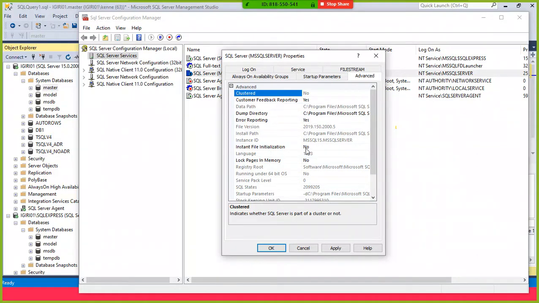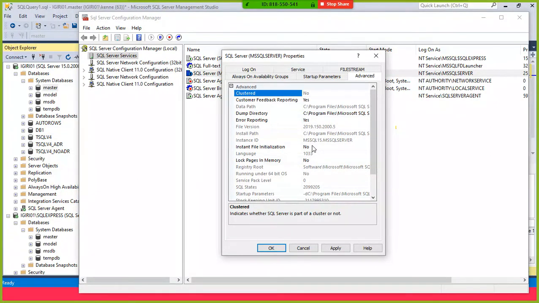Instant file initialization, well, that's a whole new topic, but it basically means that when you tell SQL Server to create a data file, it can do it much faster. It doesn't try to zero out the blocks on the OS level first. It just acquires that